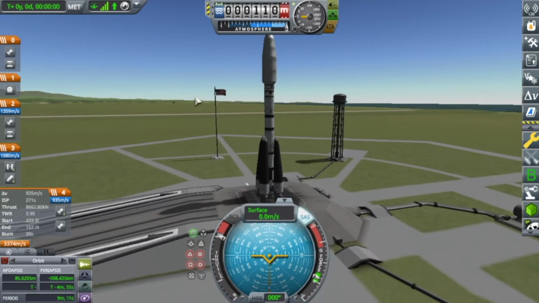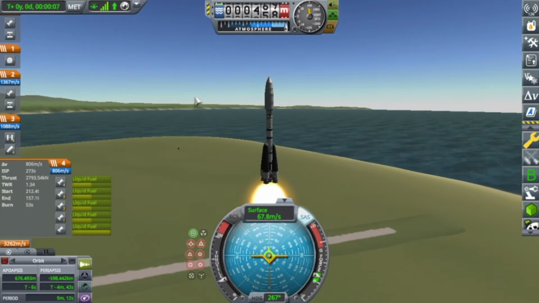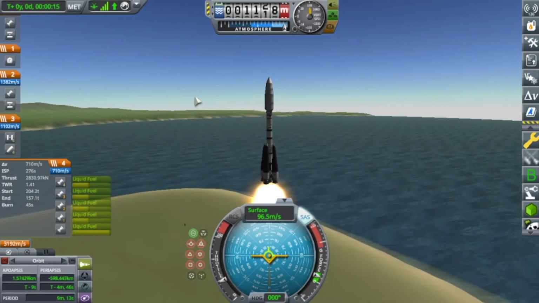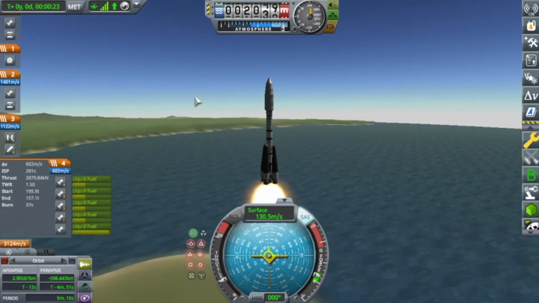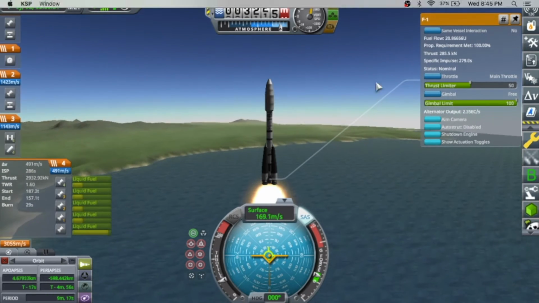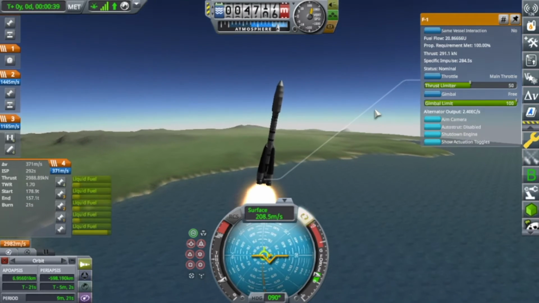Alright, what's going on? Today I will be adding modules to my space station in orbit around Minmus, but before I can do that, I need to finish up a contract to put a new space station in orbit around the Mun. So here you can see I have put together a rocket using mostly KW Rocketry parts,